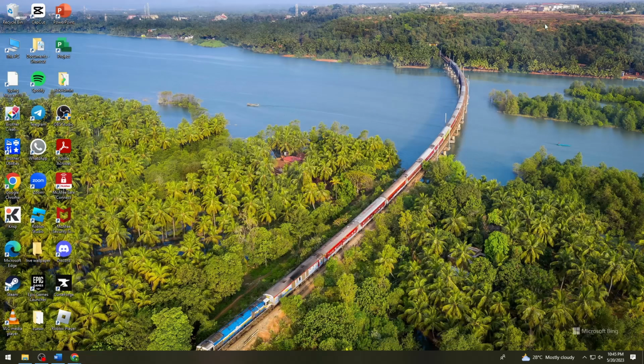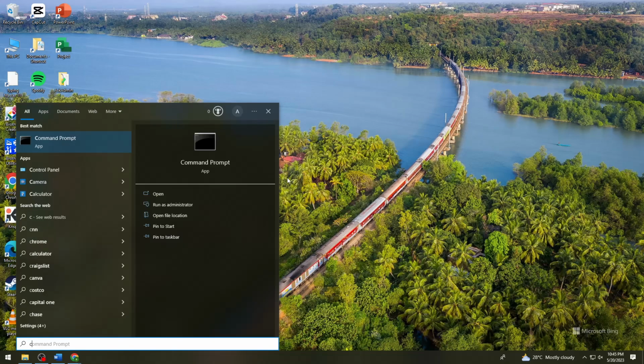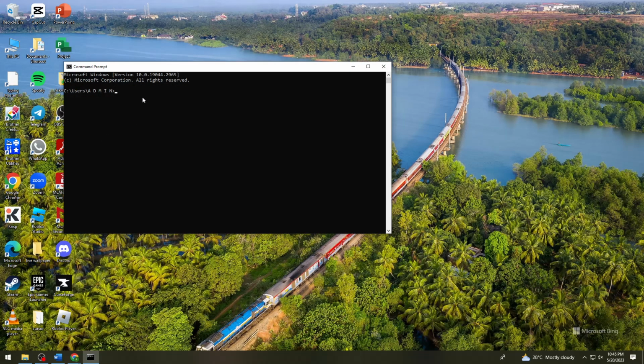After you've done that, you just need to exit that tab and search for CMD or the command prompt. Click on that and type ipconfig space slash flushdns. Click on enter and then after that just go ahead and type exit,